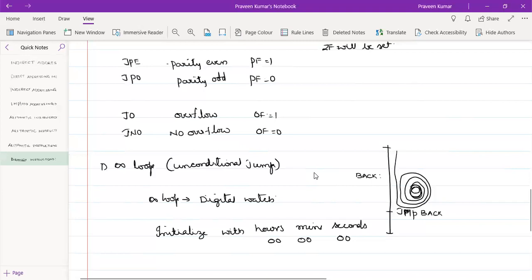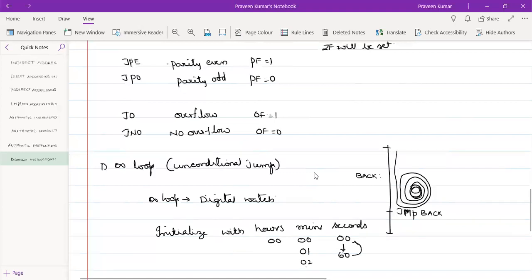After 60 seconds it will go back to 00 and the minutes will be incremented by 1. After 60 minutes the hours will be 02. So this forms an infinite loop.